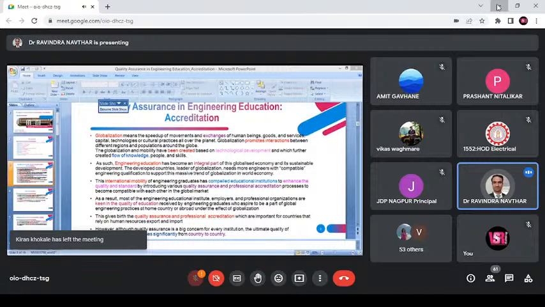Then the next criteria, number 2, that is program curriculum and teaching learning process. So here I do have,